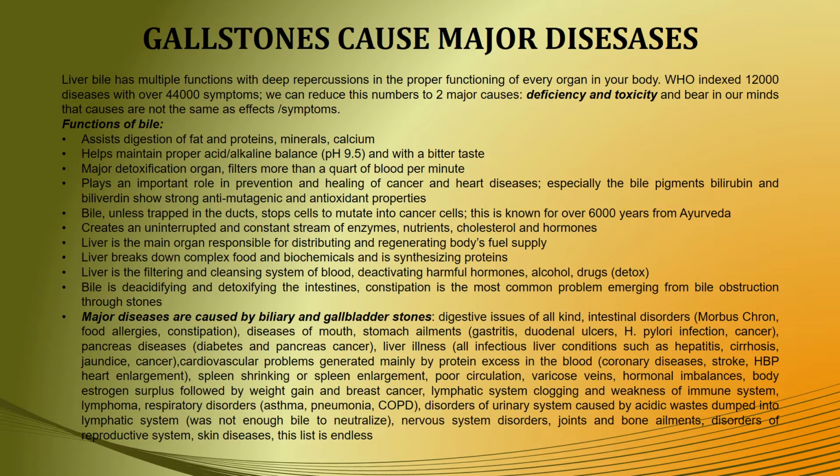pancreas diseases such as diabetes and pancreas cancer, liver illnesses, so all infectious liver conditions such as hepatitis, cirrhosis, jaundice, and cancer. Cardiovascular problems are generated mainly by protein excess in the blood. Coronary vessel diseases, strokes, high blood pressure, and heart enlargement. Spleen shrinking or spleen enlargement, poor circulation, varicose veins, hormonal imbalances, body estrogen surplus followed by weight gain and breast cancer,